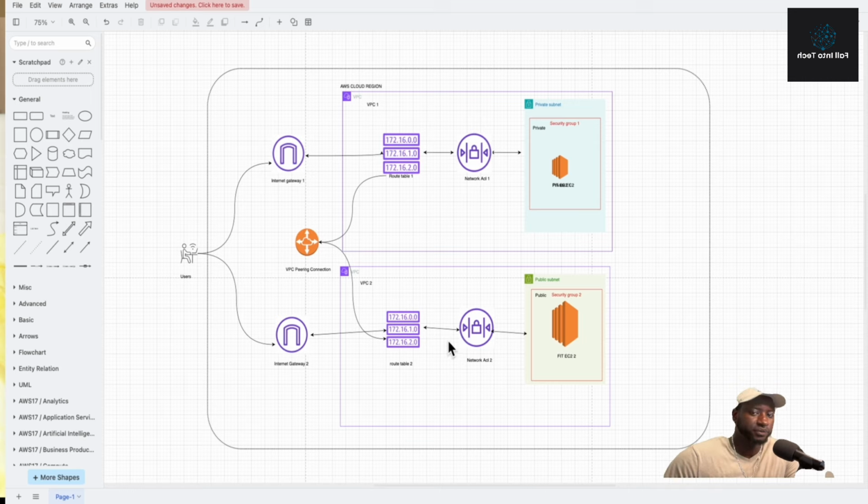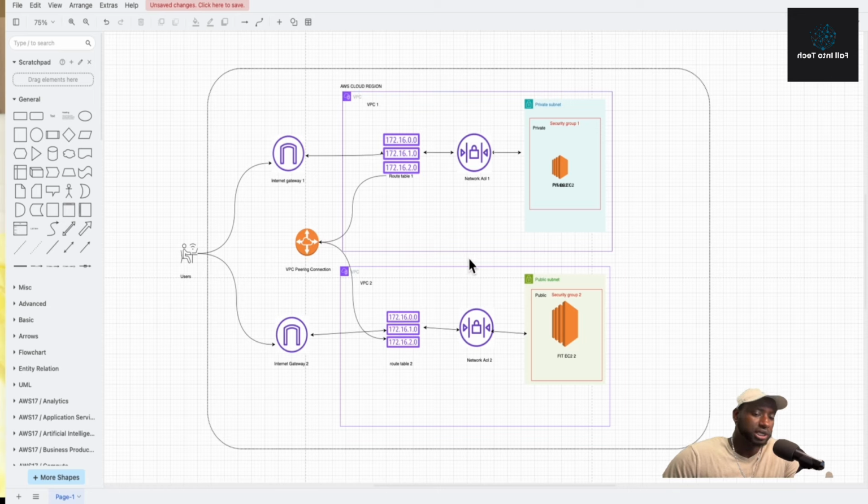It allows these two VPCs to communicate with each other as if they were on the same network, even though they are in different networks. And it's still private, without the internet knowing exactly what's going on, right? The main reason why we're using VPC peering right here is that we want them to communicate